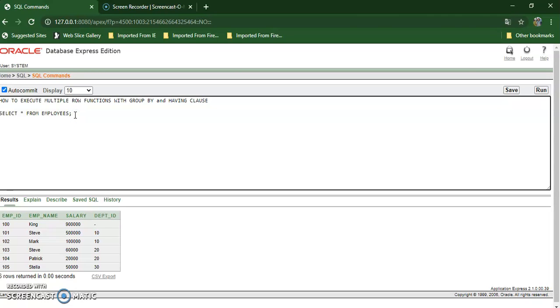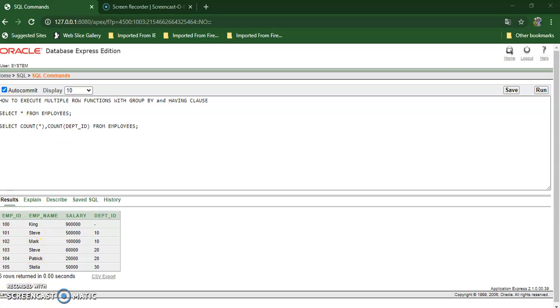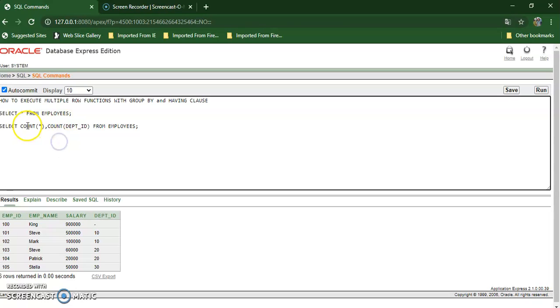So let's discuss the count function. Here I have applied this count function on an asterisk sign. It means I'm going to count number of records from employees table, as well as I'm going to apply this count function on DEPT ID column just to count how many values are there for the column, number of values.